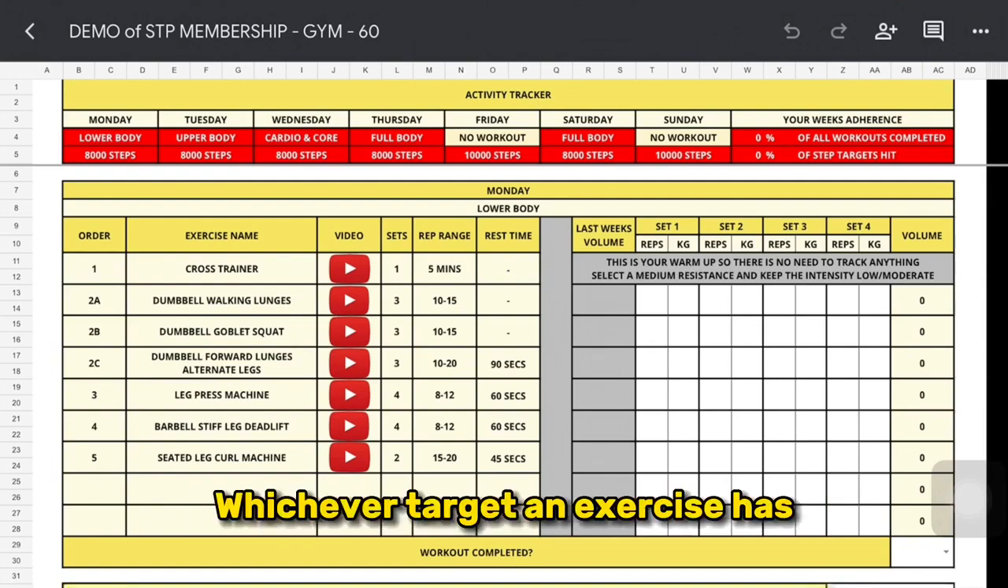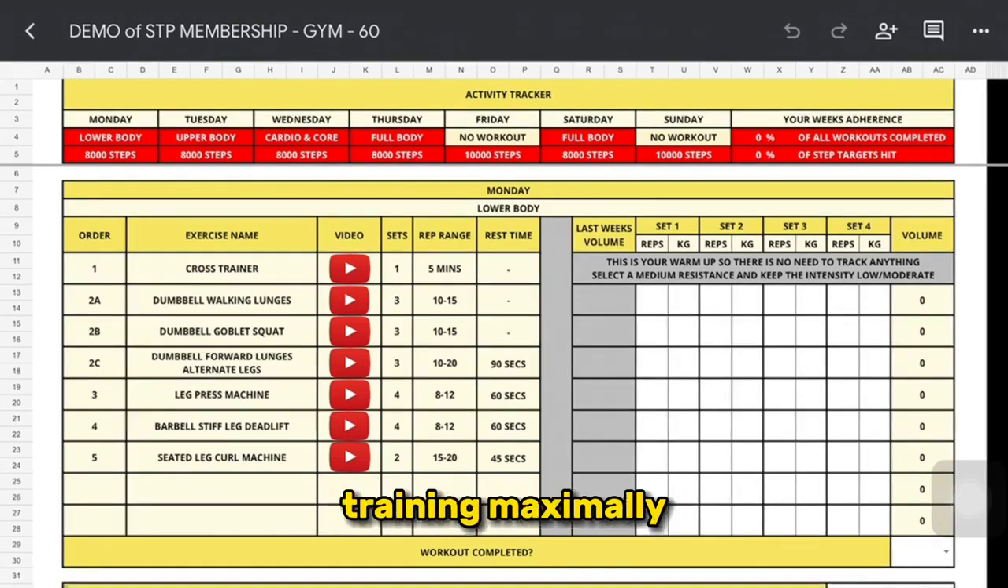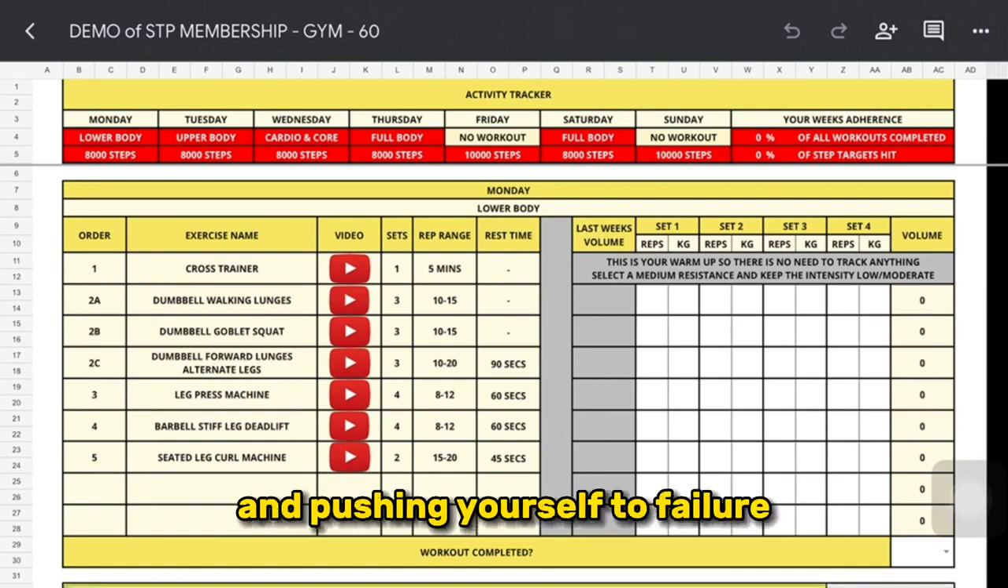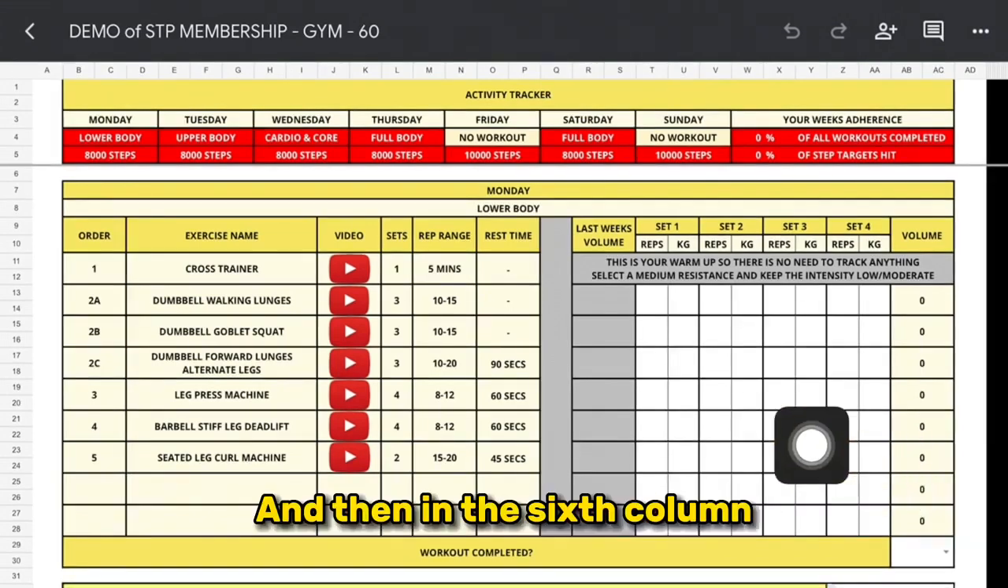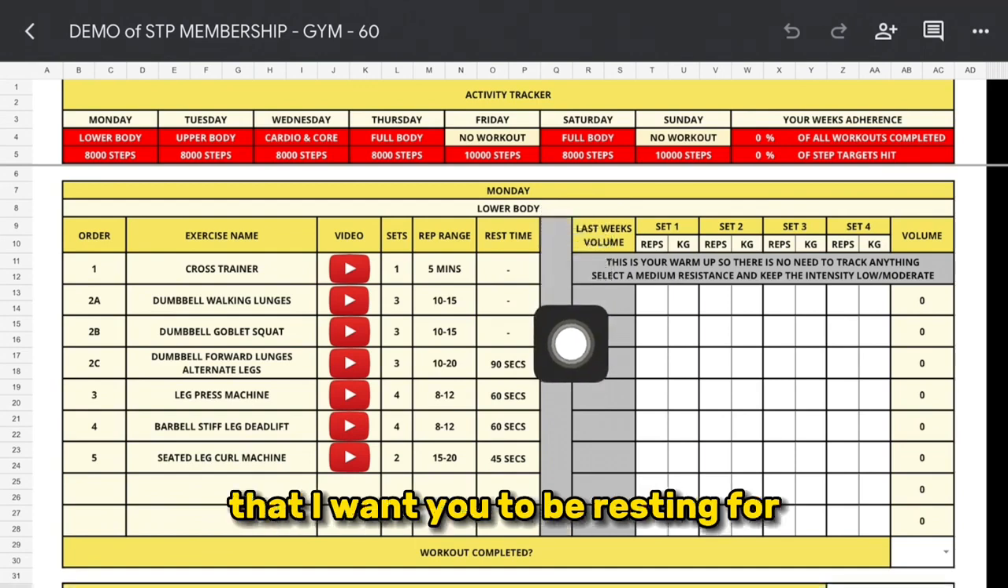Whichever target an exercise has, always make sure that you're training maximally and pushing yourself to failure. And then in the sixth column, you'll see the length of time that I want you to be resting for,